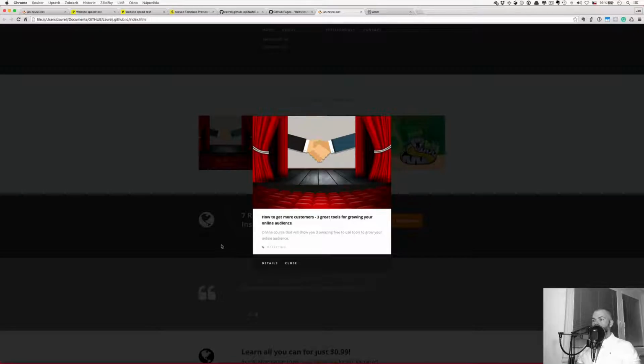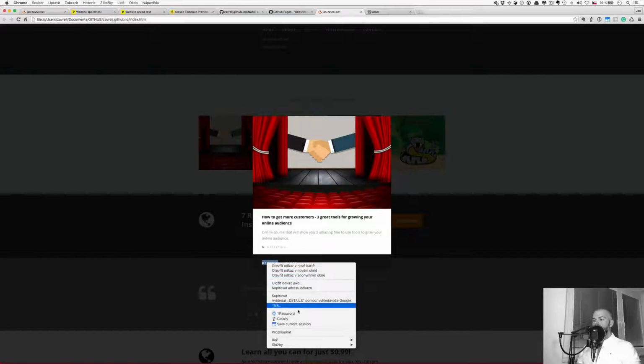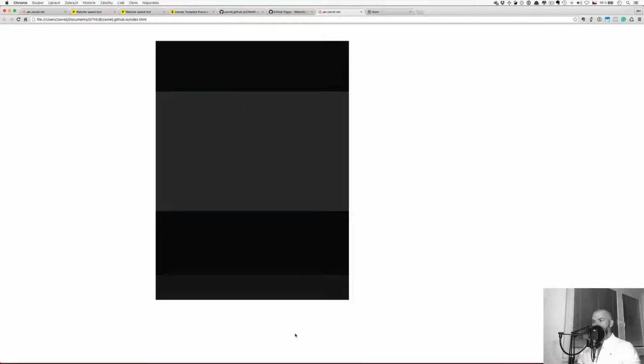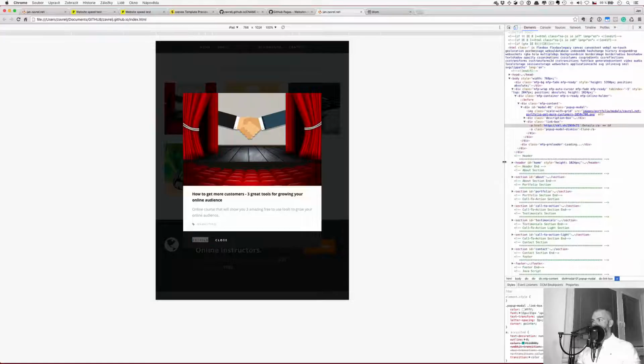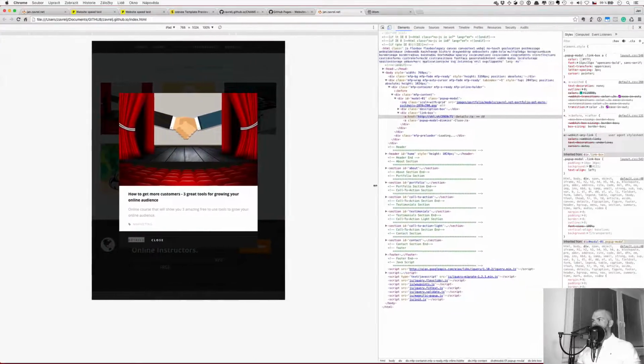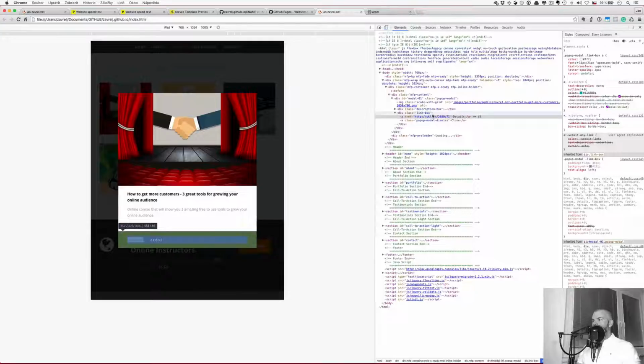Well, the great tool of Chrome is that you can click on any element with the right button and then select Inspect, which will give you this new window, and inside the window you have your element already selected. Now, as you can see, this link doesn't have any class, so there is no CSS styling attached to it, but we have a div with class linkbox,